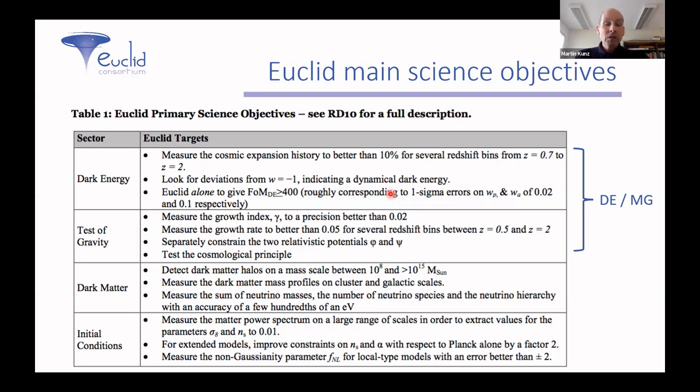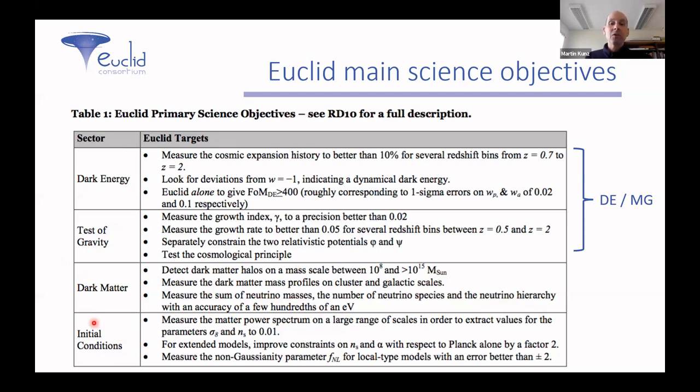And here is a table that lists the Euclid primary science objective. So in some sense, that's what we promised ESA we would deliver. And so you see that there are 4 main topics. There is dark energy, tests of gravity, which mostly apart from test of cosmological principle, I will call dark energy and modified gravity. Then dark matter, where actually neutrinos are particularly interesting, the neutrino mass, and initial conditions, so basically